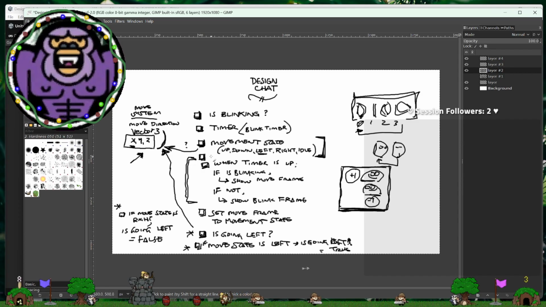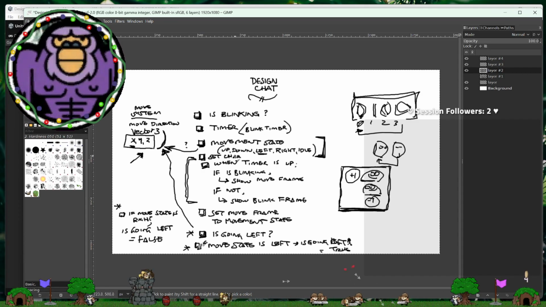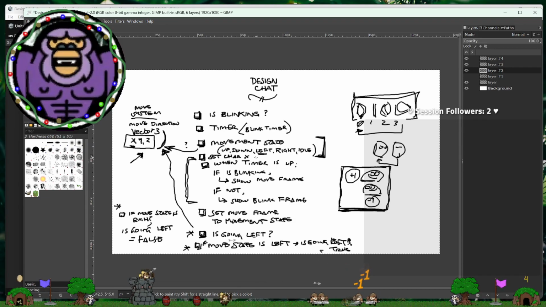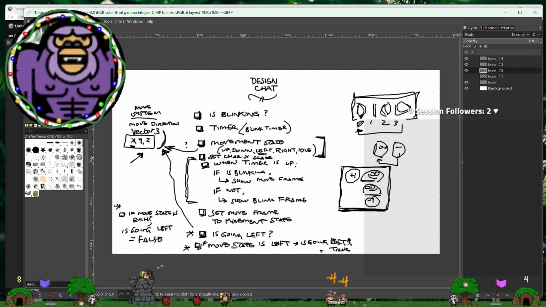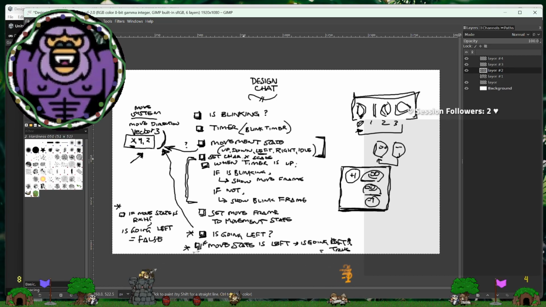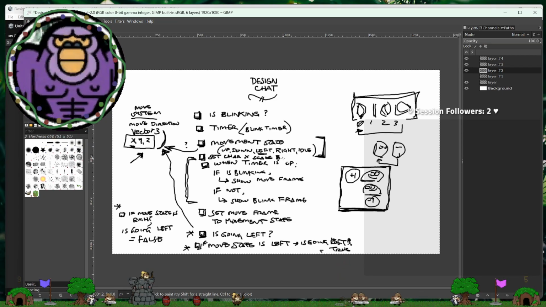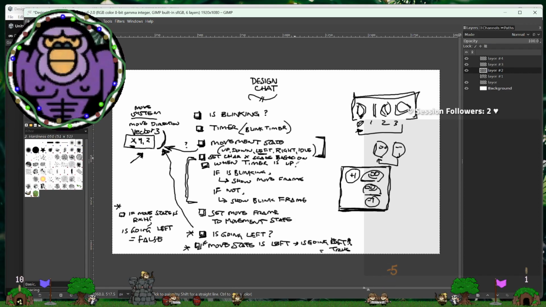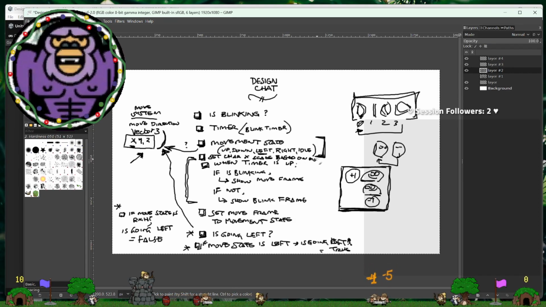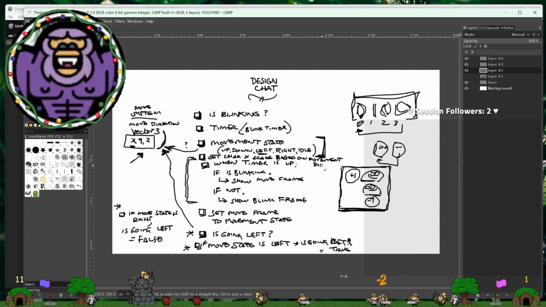I'm going to add it right here. Set character X scale. In other words, the scale in just that one axis. We're going to flip it horizontally with the X scale based on movement direction. And this is a pretty simple rule.